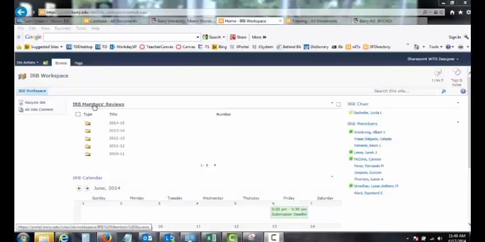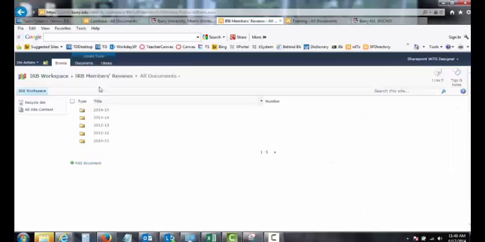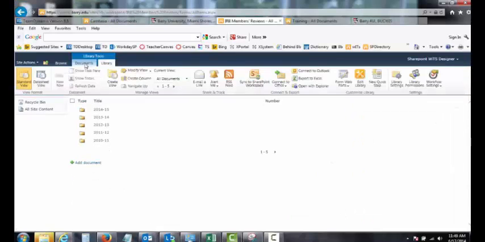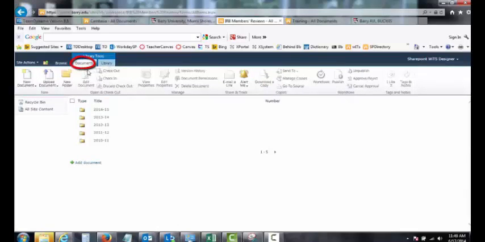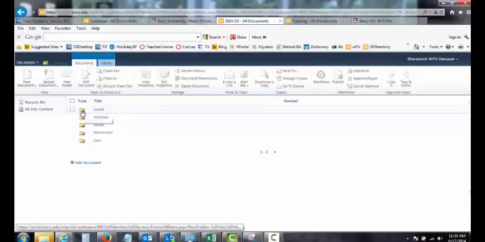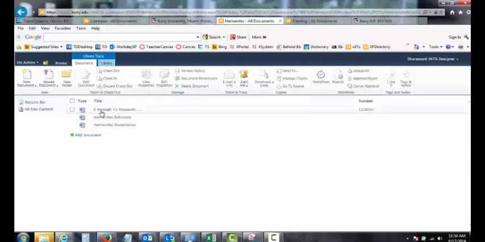I'm going to first click on the name of the object, in this case the name of the library, of course, and it's IRB Members Reviews, and I'm clicking on it because I want to be sure I have all my menus and options available to me. Once I have my menus and options showing, let's go ahead and navigate to the folder or file where I've made my boo-boo. So I'm going to navigate into the Hernandez folder, and I might notice that the number that